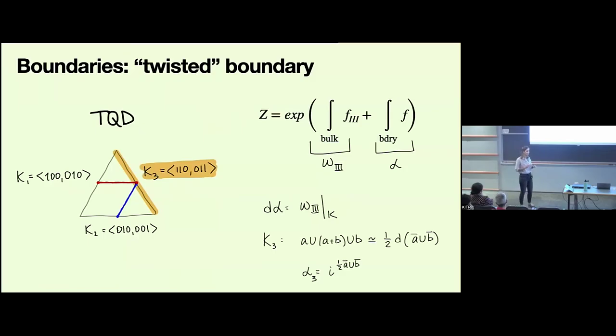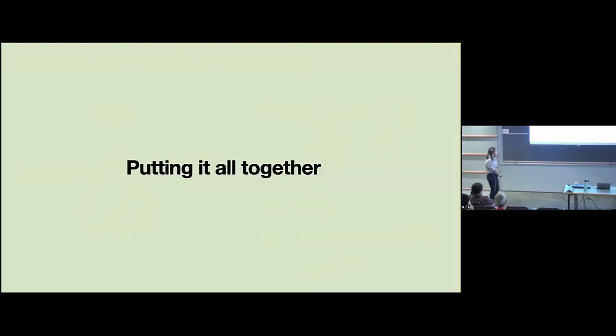But for all other boundaries that we will have in our protocols, we will have a trivial additional action. And a similar property occurs whenever two boundaries meet at a corner, or like at a hinge. At a hinge, we will also have additional action, which sometimes will lead to an additional phase. I'm not going to show that, but that's something that is going to occur. And now we can put it all together into protocols that actually work.